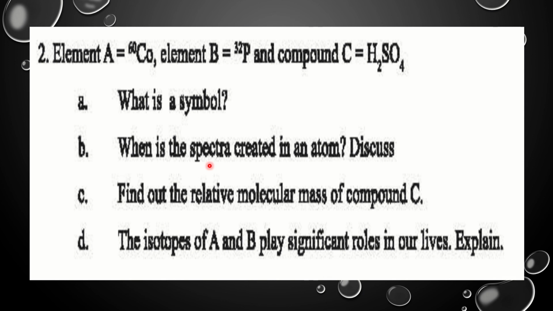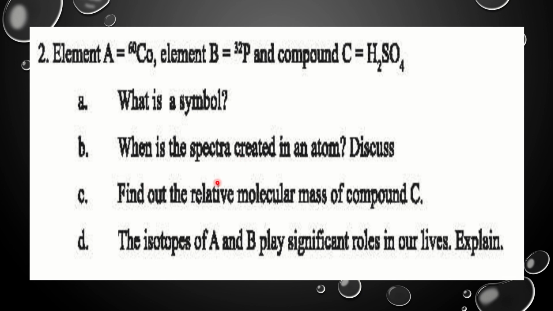From Bohr's model, we learnt that when any electron gains energy, it jumps to a higher energy level, and it is an unstable condition. After some time, the electron loses its energy and again comes to the lower energy level. The energy that comes from the electron makes this type of spectra that is called atomic spectra.